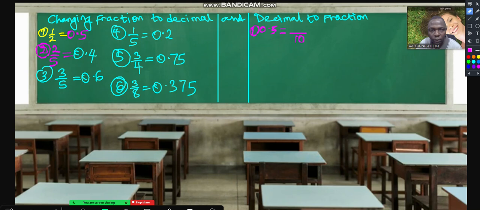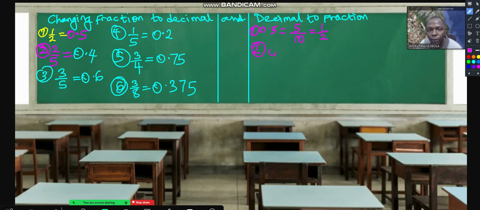Then you put the 5, and that's the answer, which you can change by dividing both of them by 5. 5 divided by 5 is 1, and 10 divided by 5 is 2. So it gave us 1 over 2 from 0.5. Then number 2, we have